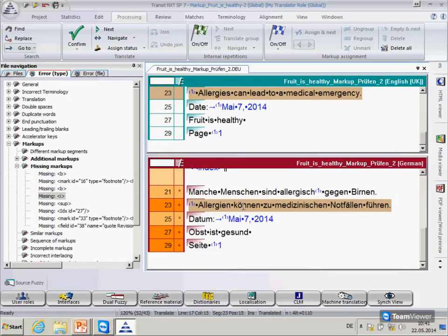Transit is rather flexible in dealing with those. Then, if you want to use the markup assignment mode to insert just the missing ones, this is up to you. You will mix up the